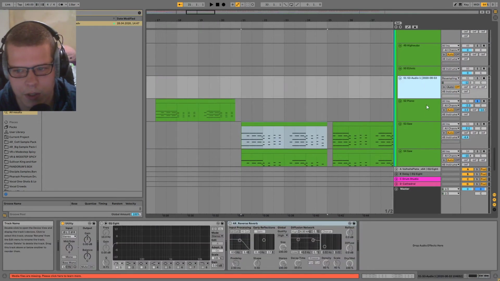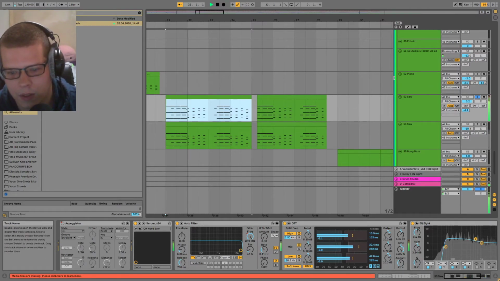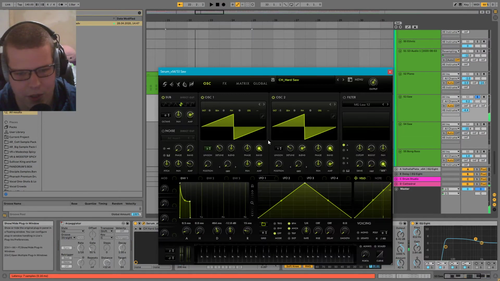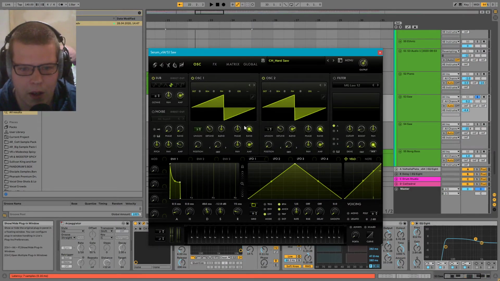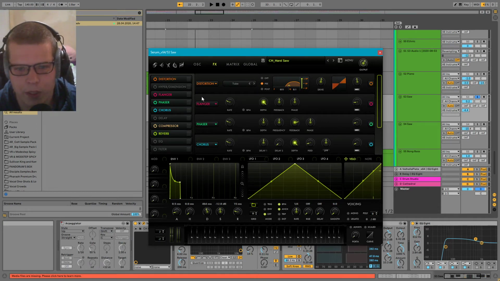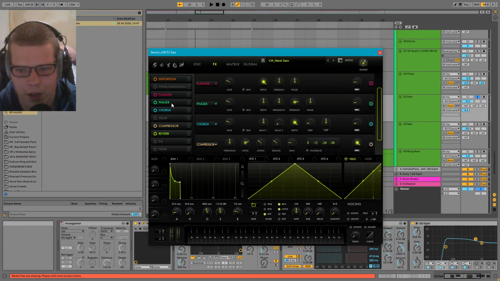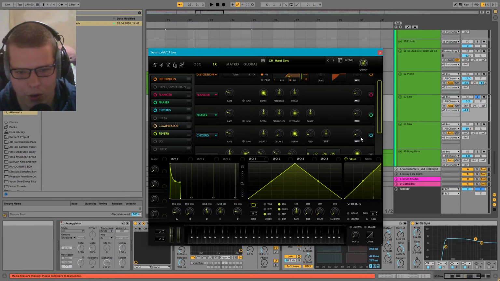Let's move on to this saw because the piano is pretty straightforward. This is also pretty straightforward, and it's another sound that's included in the pack. So it's just two saws. One of them has unison up to 3, one of them doesn't. And then it's also a saw oscillator on the sub. Tube distortion with some filtering in pre-mode. Flanger, phaser, and chorus all mixed in at very low amounts.